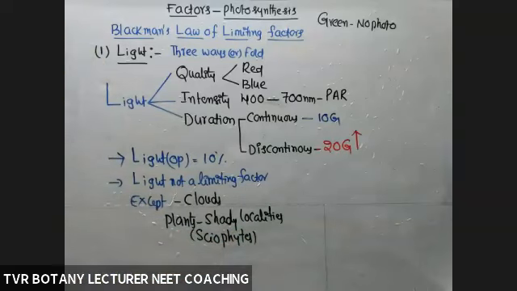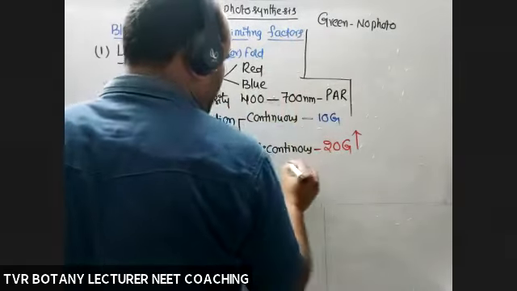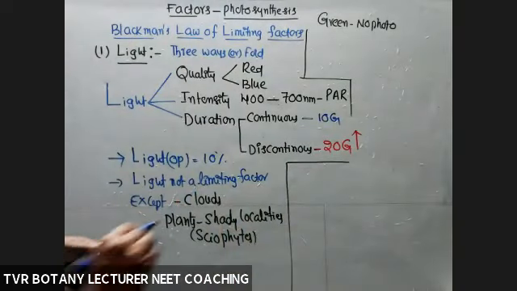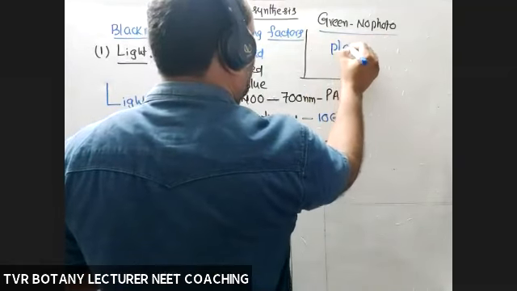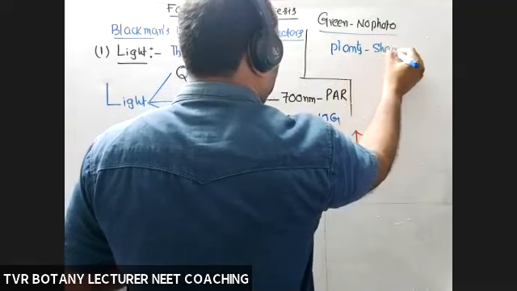Plants living in shady localities, definitely light is a limiting factor. If the plant is growing in shady localities where the intensity of light is very low, generally plants in shady localities